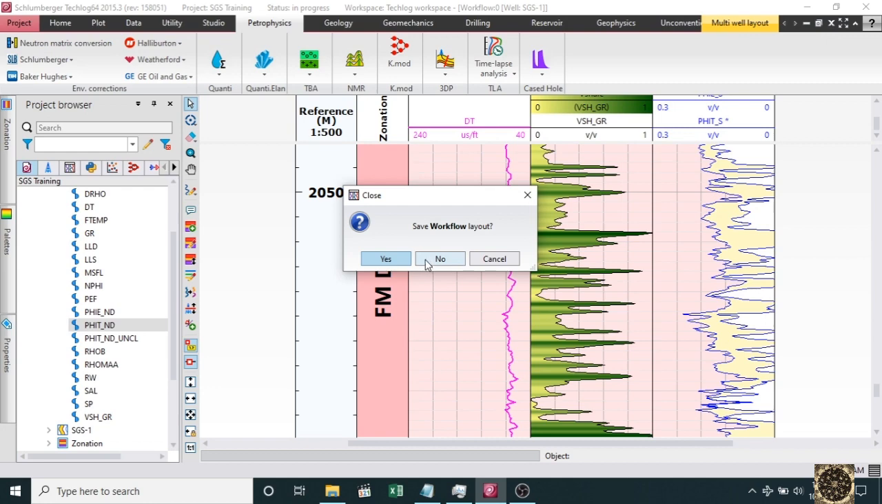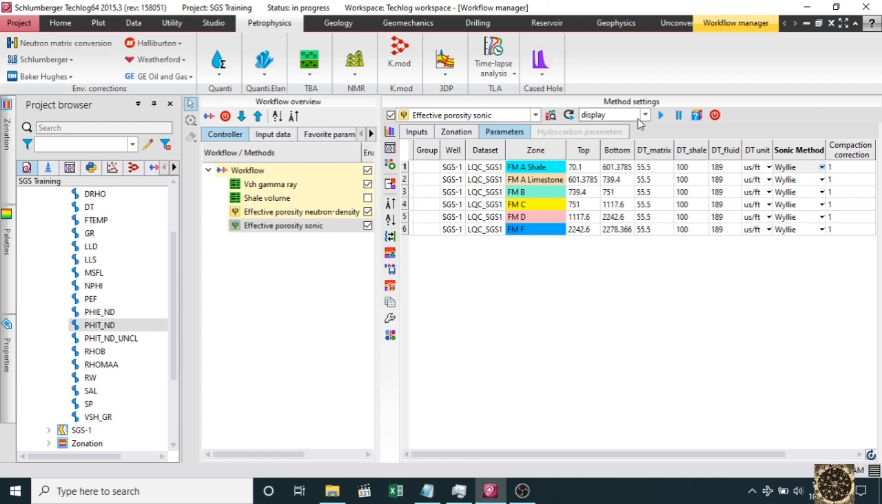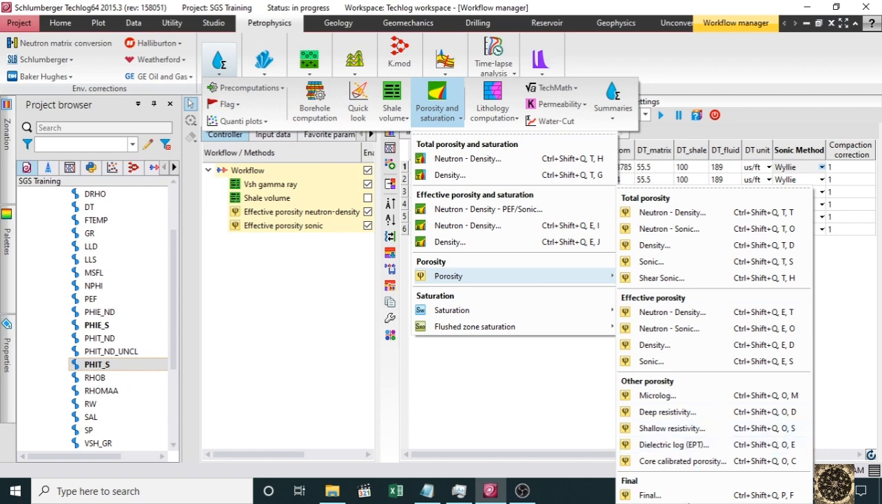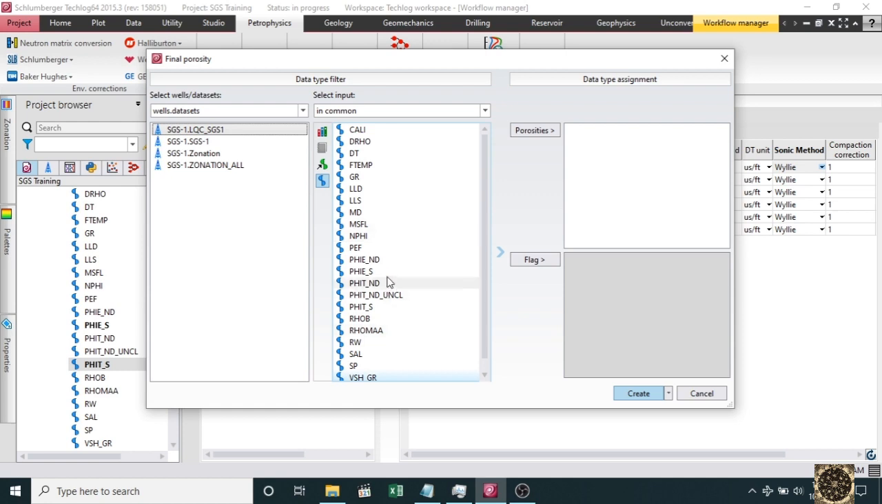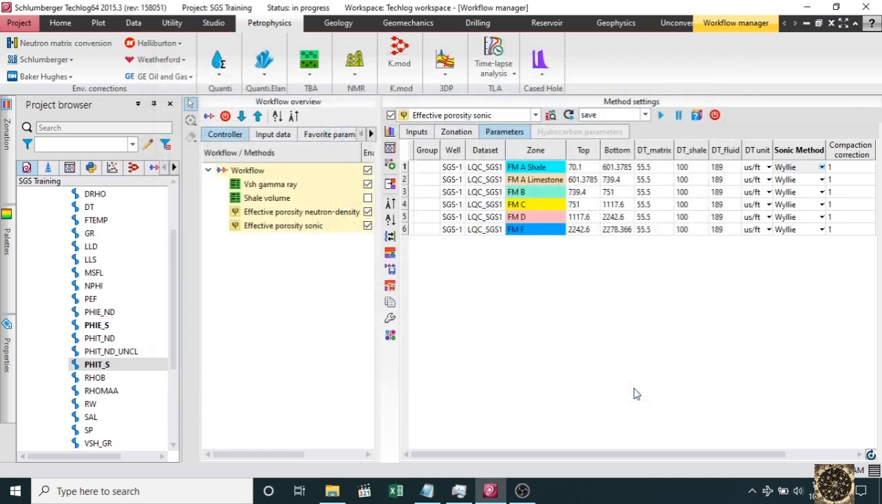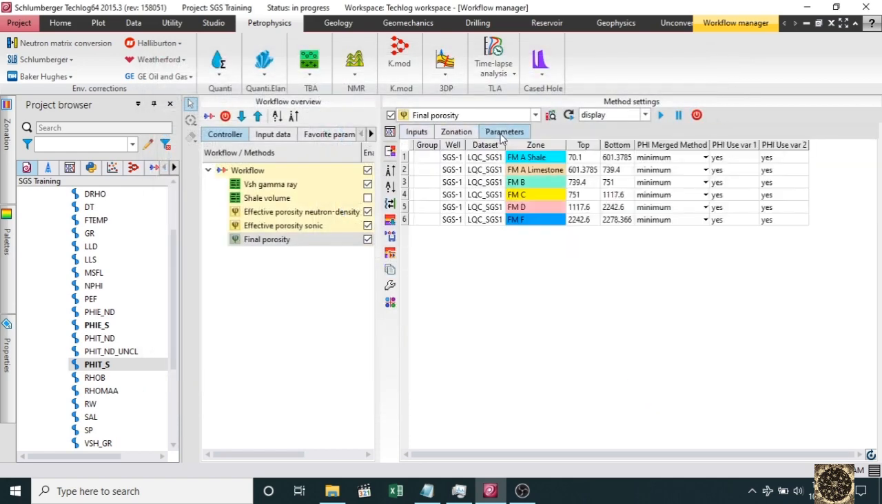Okay, we will also save. We don't have to save the layout, we only have to save the curves. So click on save, and you see the PHI is the sonic, the PHIT is the total porosity. So let's go to porosity and click on final, and we have to go to LQC and click the neutron density and sonic porosity. We have to create the zone parameter,